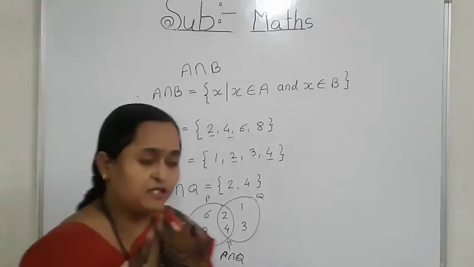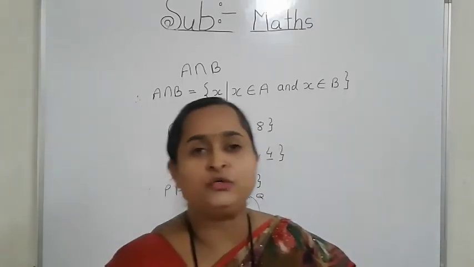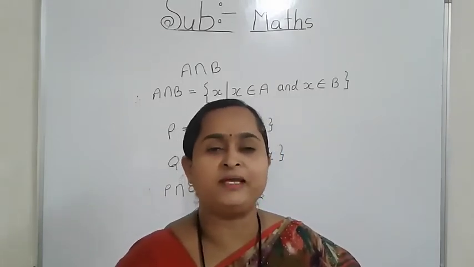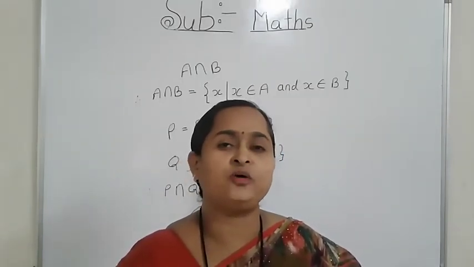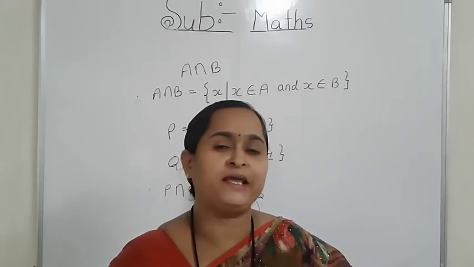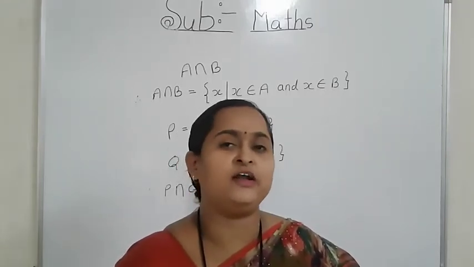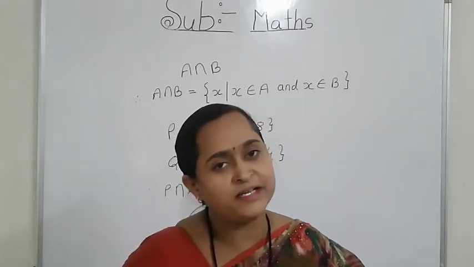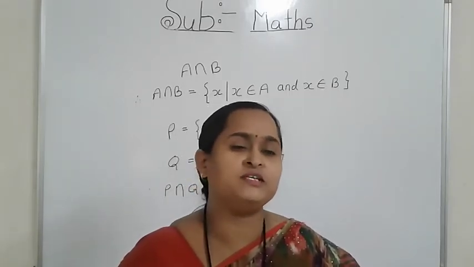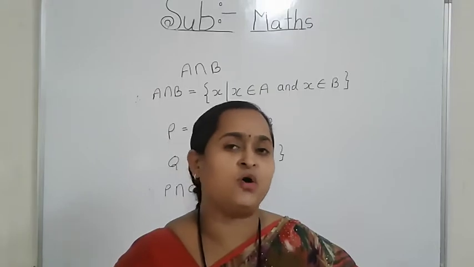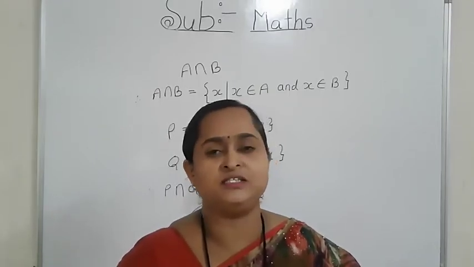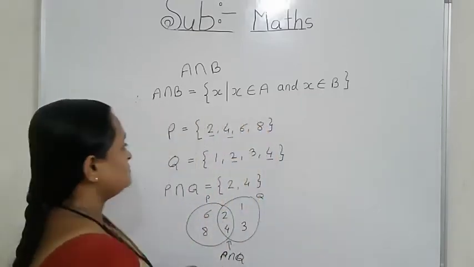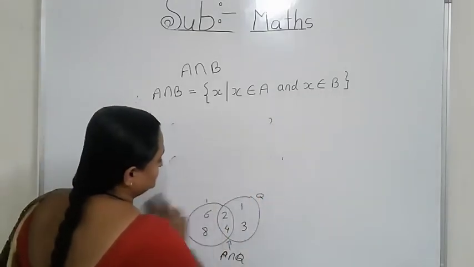Now next we will see union of two sets. Now definition we will see first. Suppose A and B are two sets. Then set of all elements of set A and set B is called as union of two sets. Now intersection means common elements you have to take and union means set of all elements. All elements we have to write. Only condition is that repetition of the element is not allowed. Now we will see that.